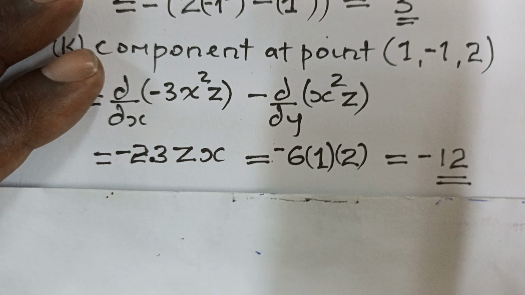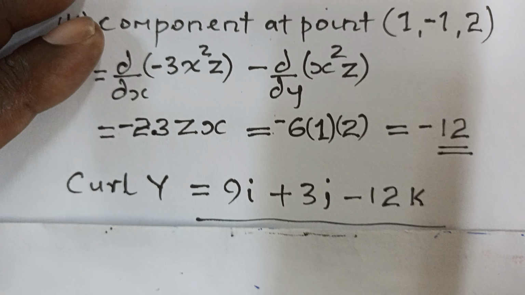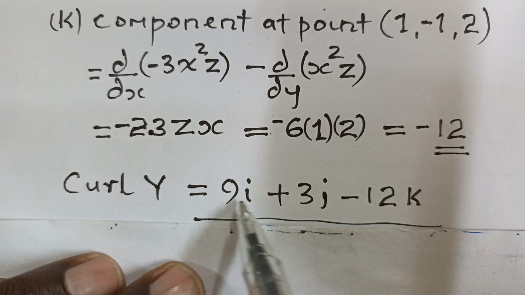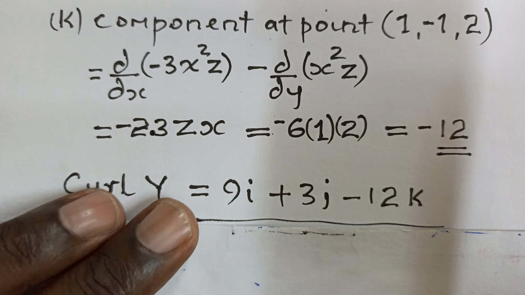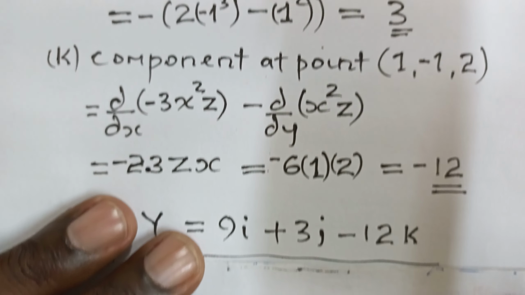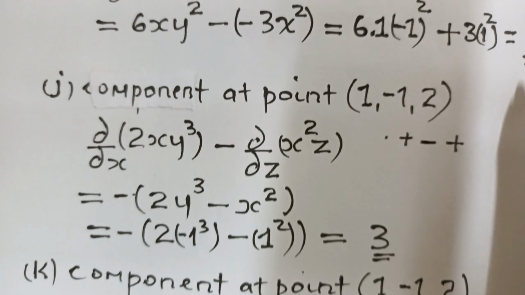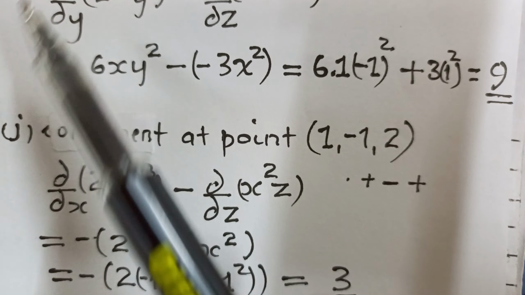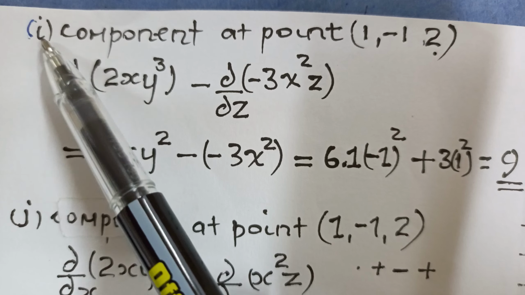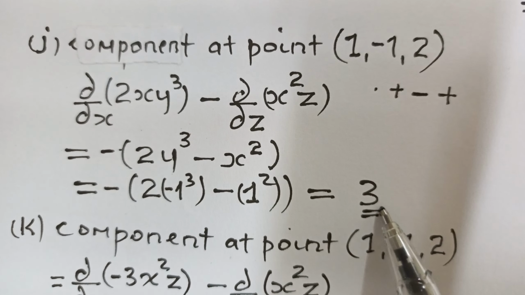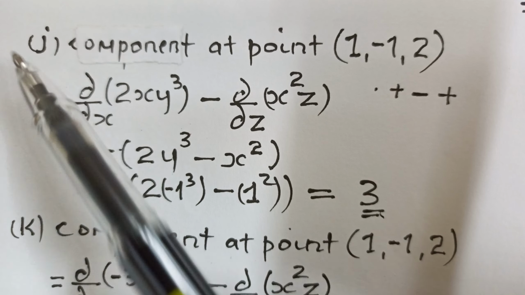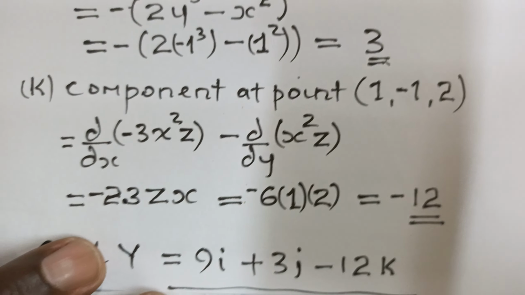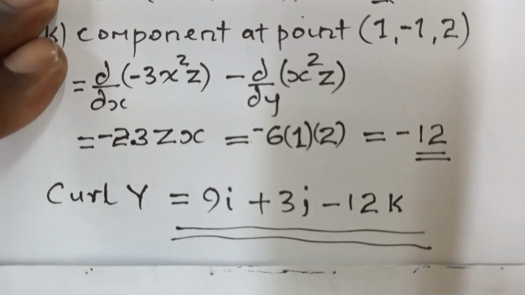Guys, after finding all the components, we now come and write the components here, together with the solutions that, guys, after replacing we have found. Remember, the first one is 9 right there. 9 goes with i right there, and then 3 goes with j, and negative 12 goes with k. And therefore, our solution, guys,